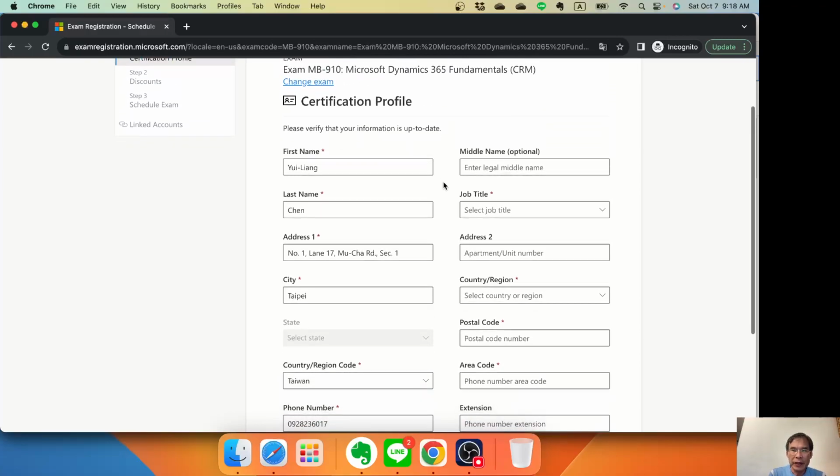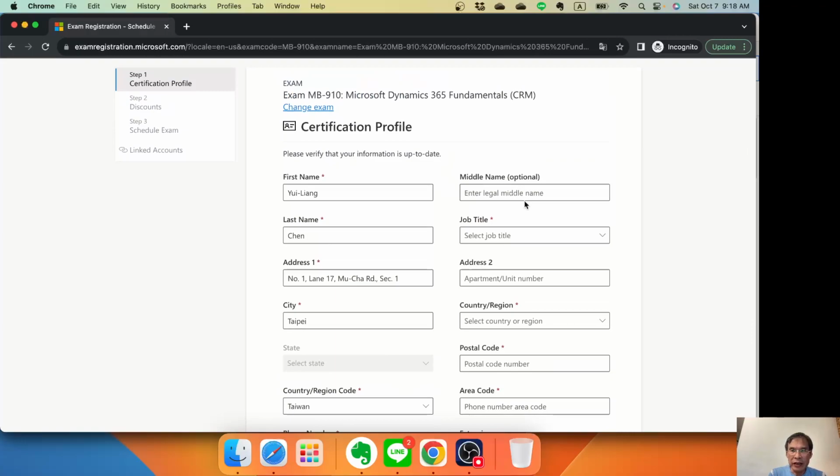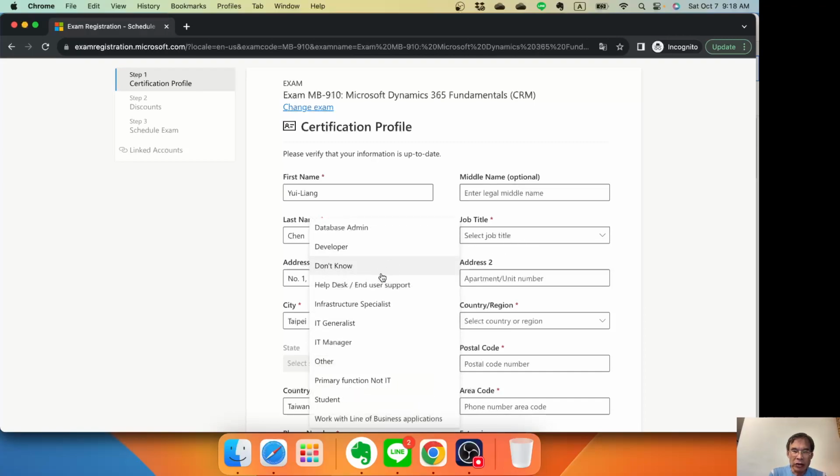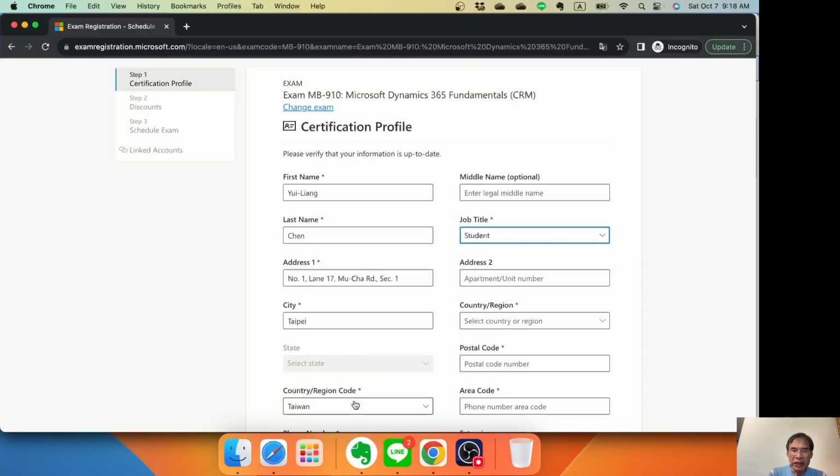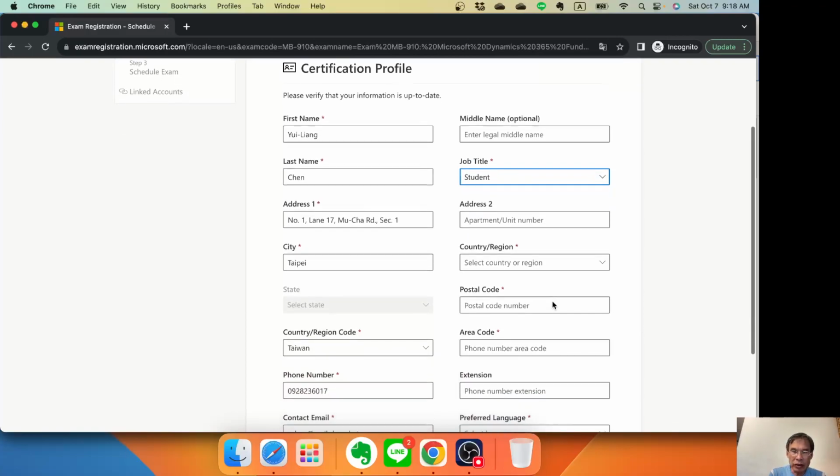That might be different from the account you applied for this certification. But anyway, on the right hand side, you may put more information. Middle name, if you have any, just put over here. Job title, you may select student. That might get some additional discount, but sometimes it does not really work, so I may show you later. For the other information,